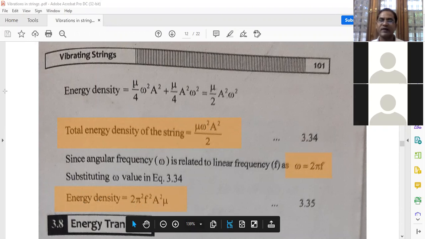So this is the required expression for the energy density of the string. Energy density of the string. So in this